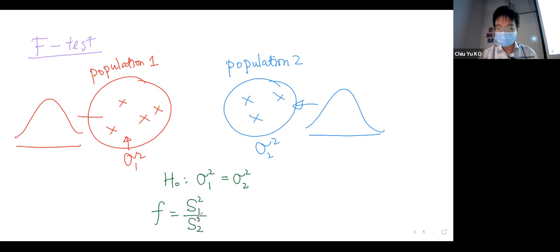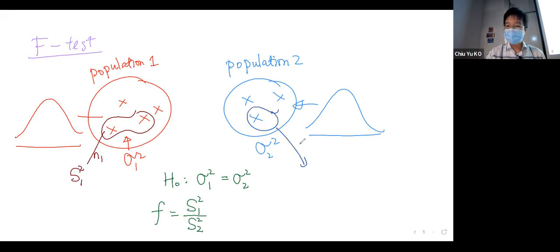Okay, it's very simple. Just simply take the sample variance. What I meant is you just collect some data here. You calculate its variance. Of course, you collect N1 data there, and here you also collect N2 samples, and then you calculate the sample variance. You take the ratio, and then what you do is check what we